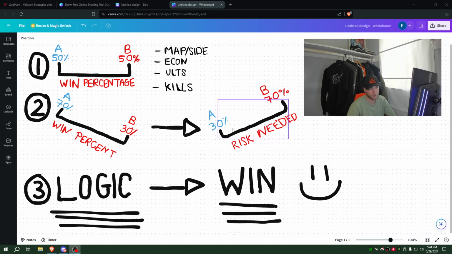Other things that could impact this: kills. If you get kills in the round, a lot of times it makes sense to group up and avoid risks. So take less risks if you're up numbers. So the win percentage will be affected by the map, the side that you play on, the economy, the kills, and the ults. Okay, and so when you have the win con in your favor, really try to think about the corresponding level of risk that you need to take in those moments to close out the rounds.